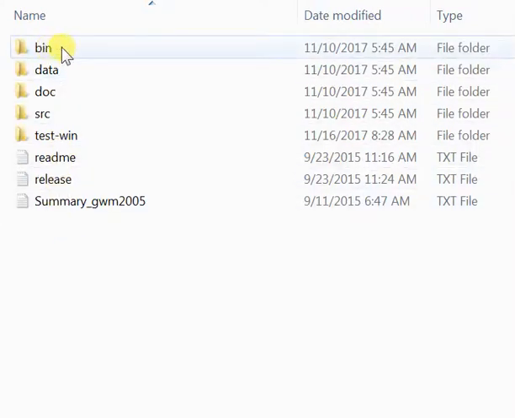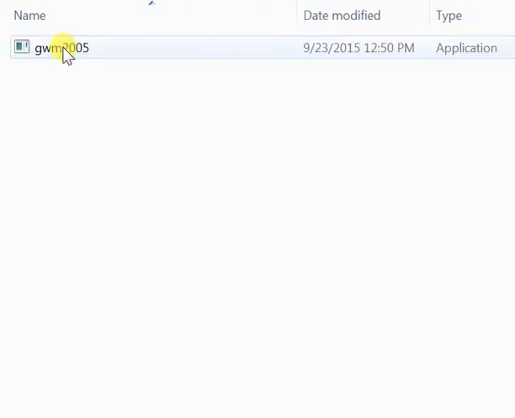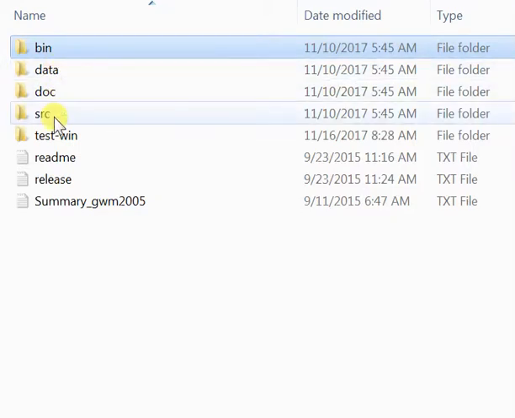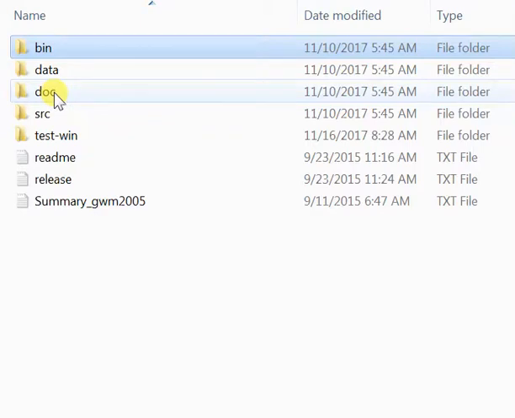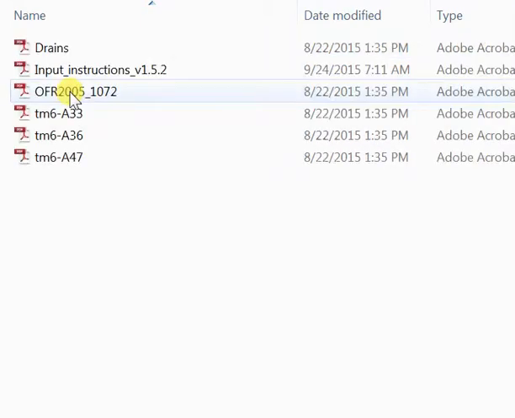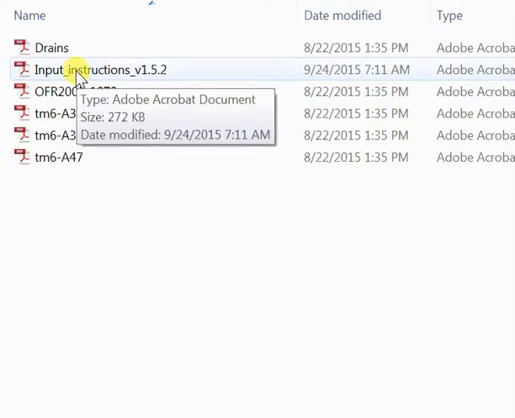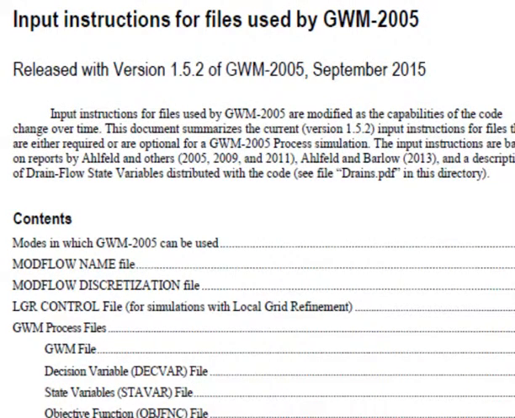We have a bin directory which contains the executable. We have the source code in this directory, Fortran source code. We have the documentation, and in particular, let's look at the input instructions in this directory. Opening the input instructions file, we find